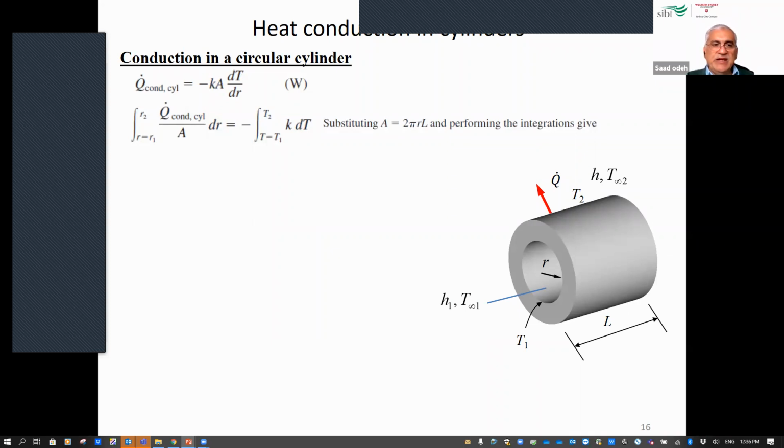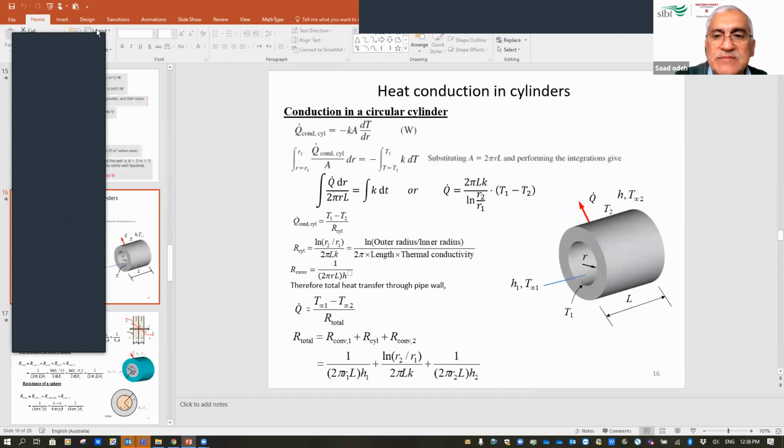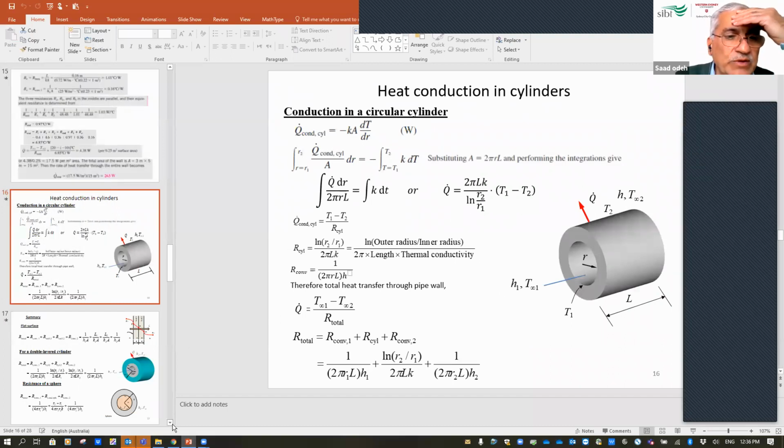So in heat exchangers, you're going to have a heat exchanger experiment very soon, and also you're going to use this type of heat transfer, right? So in conduction, circle cylinder, we will have the same idea. Probably we will finish this next week, because I believe we still have so many things to talk about. So many slides here. But just to give you a quick idea, in circle setting, we have